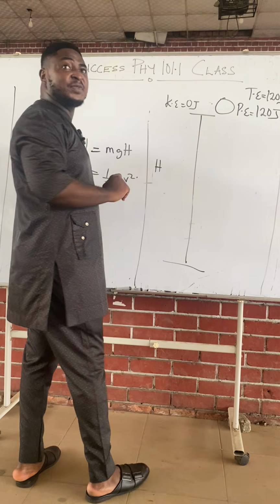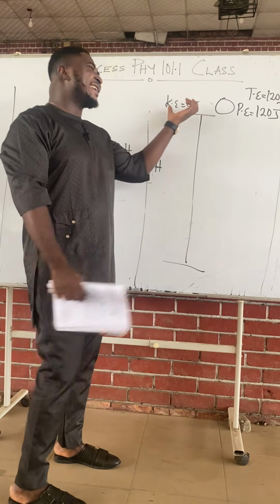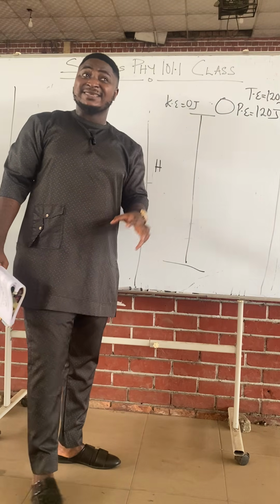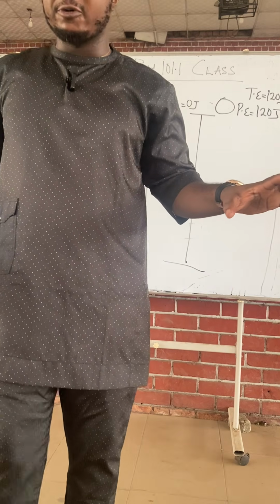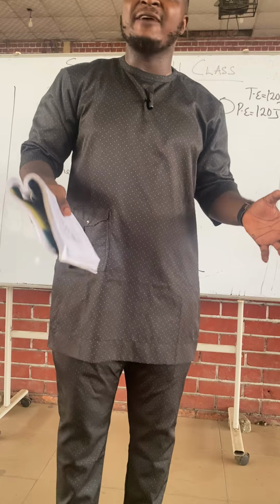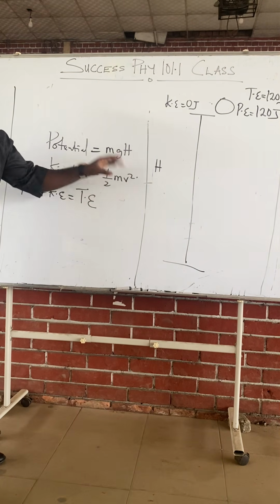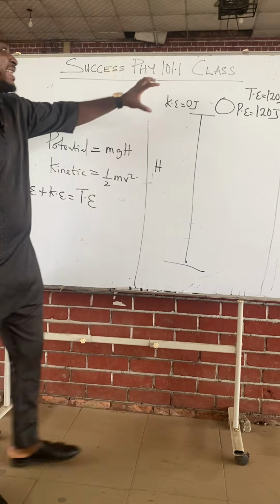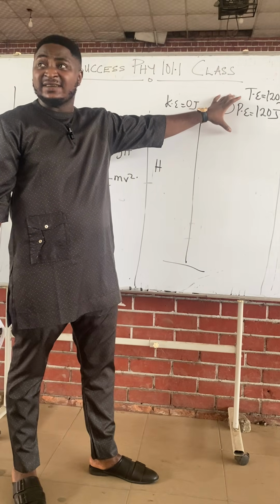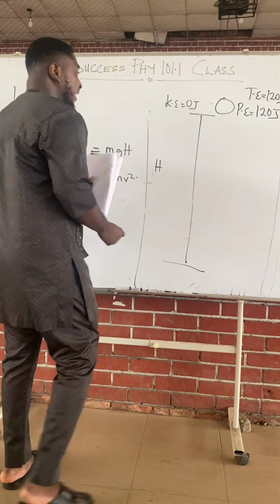Class, so at maximum height, potential energy is maximum, takes the whole 120. Kinetic energy is what? There cannot be kinetic energy for a body at rest. For a body at rest, kinetic energy is 0, because if you are at rest, it means that your velocity is 0. And half mv squared, if v is 0, 0 times m makes kinetic energy 0. So when a body is at the maximum height, before it starts falling, it is at rest, potential is maximum, kinetic is 0. As this body is falling, class,